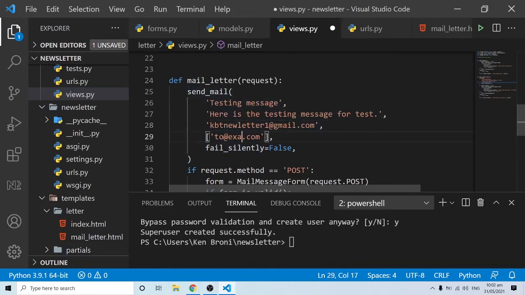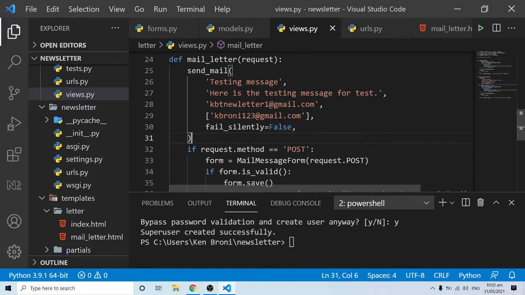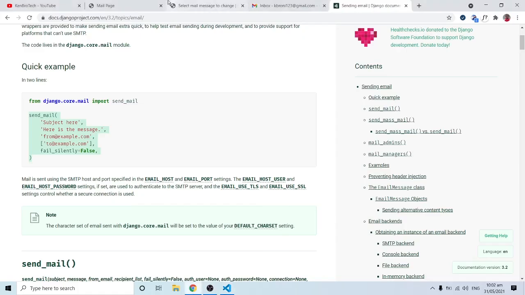Okay, and the to. So the to is who I'm sending this message to. Okay, I'm actually sending this message to kbroni123@gmail.com, and I have fail_silently equal to False. Now you need this in order not to run into problems if the email address was not correct. So now, having this in mind, if I come here,